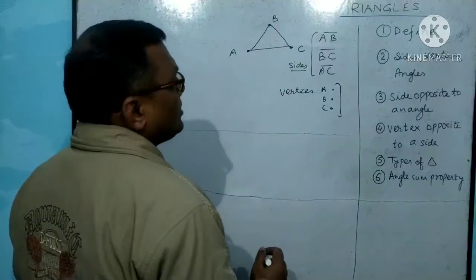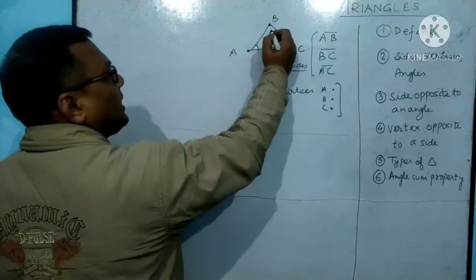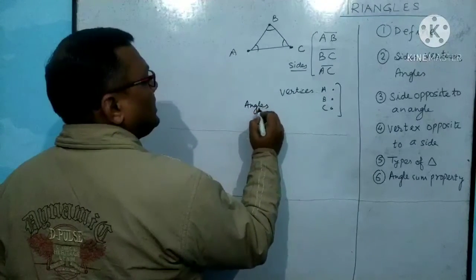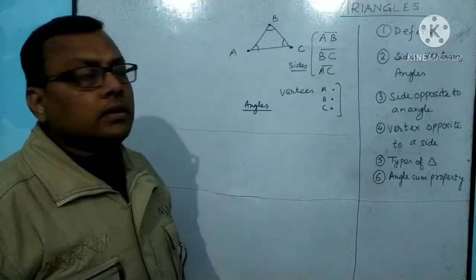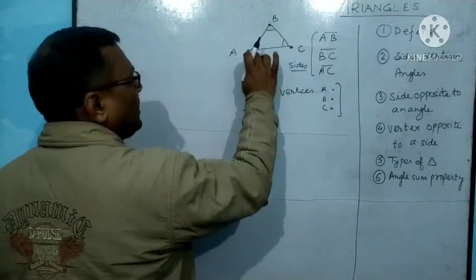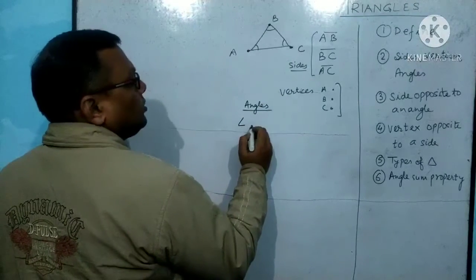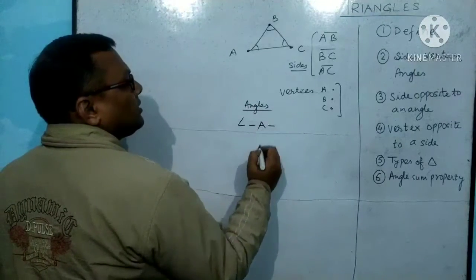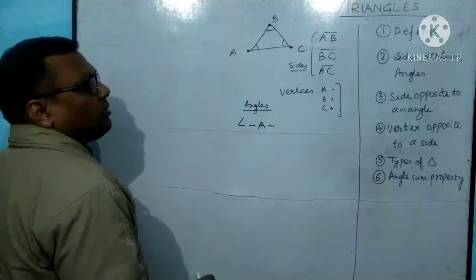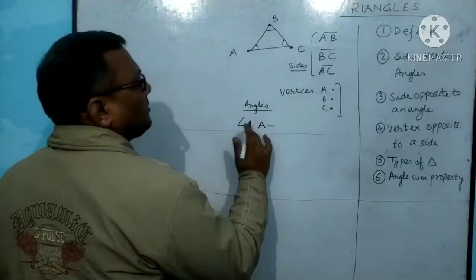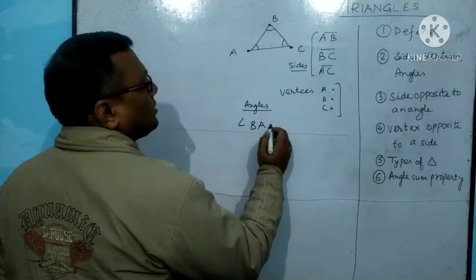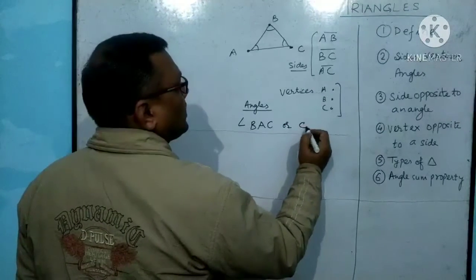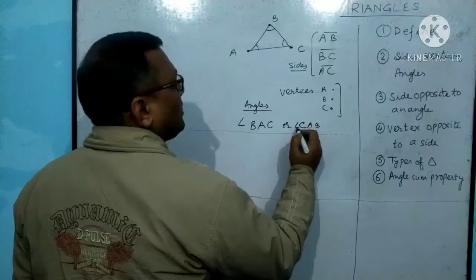And the angles, we also have 3 angles: angle A, angle B, angle C. So we write the names of angles. It is very easy to write the name of an angle. Suppose you want to write the angle formed at vertex A. You take the symbol of angle and 3 blanks to fill in. In the middle you write the letter where the angle is formed, and the other 2 letters go side by side. Or we can also swap C and B, so we can also write CAB,